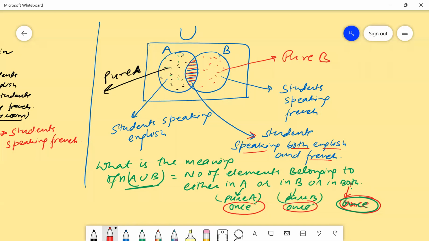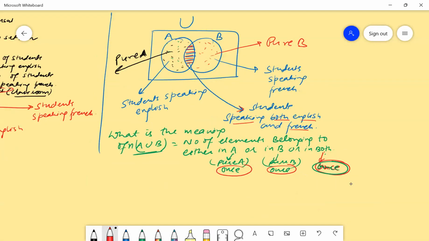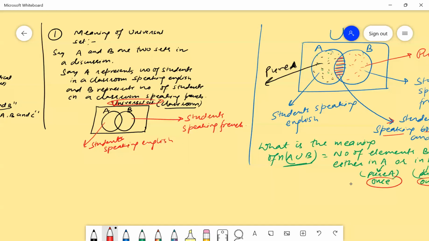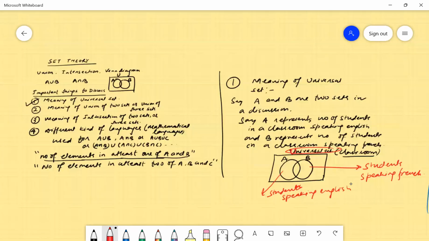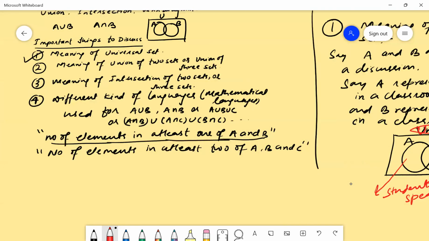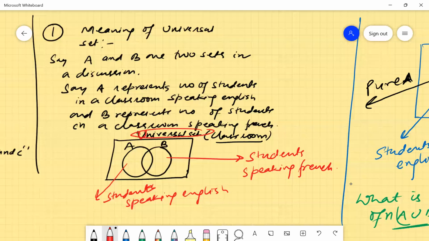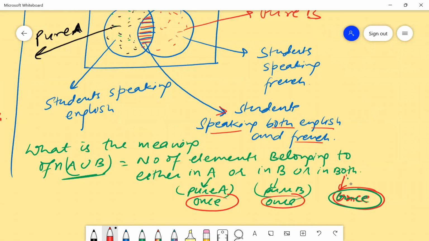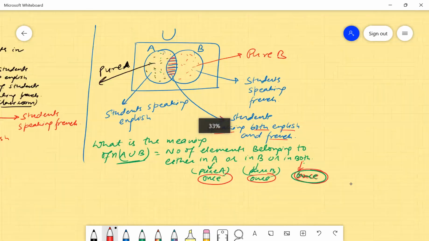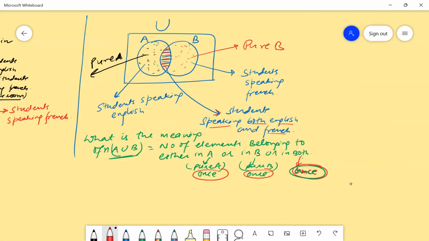Now there is another language for A union B. This is the point I was talking about, the different languages. The fourth point: different kinds of languages used. So the intersection and union part is simple, but the language to correlate it is a bit different. The number of elements belonging to either A or B or both is N(A union B). The other language for the same N(A union B) means